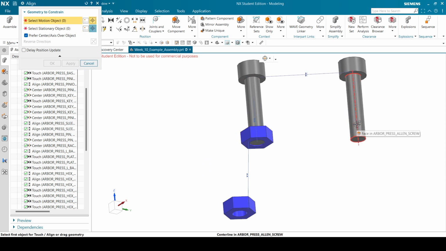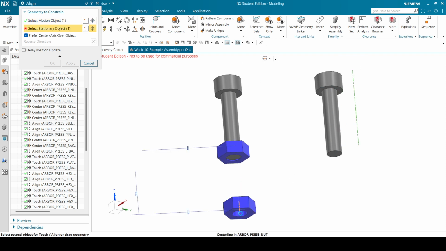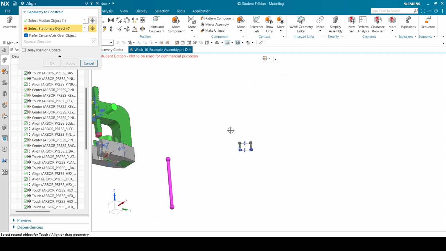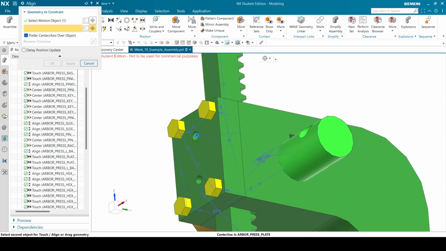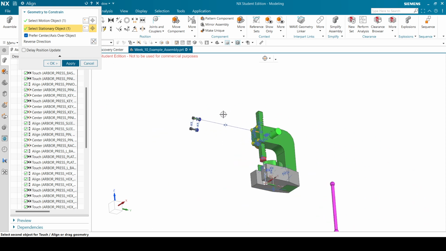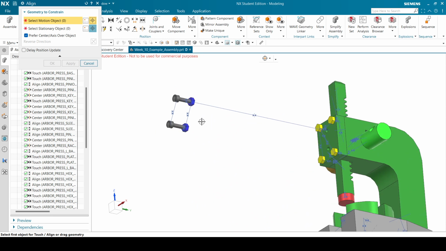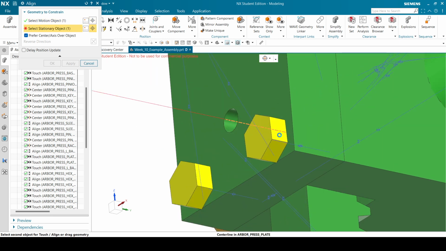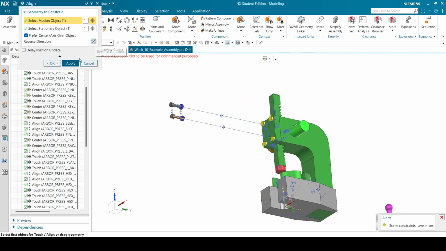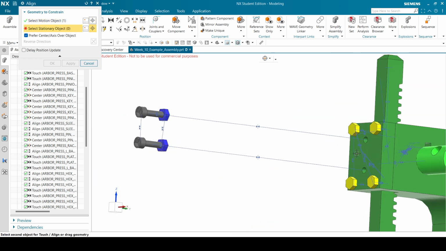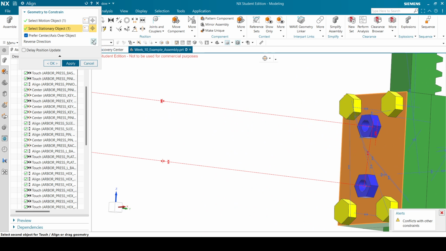Apply this one to this one, apply. And then I can take this and align that to this, and it's the wrong way around. So this side, there we go, apply, and these ones over here, it's yelling at me, other way around, there we go, apply. So then I can say this one, other way around,